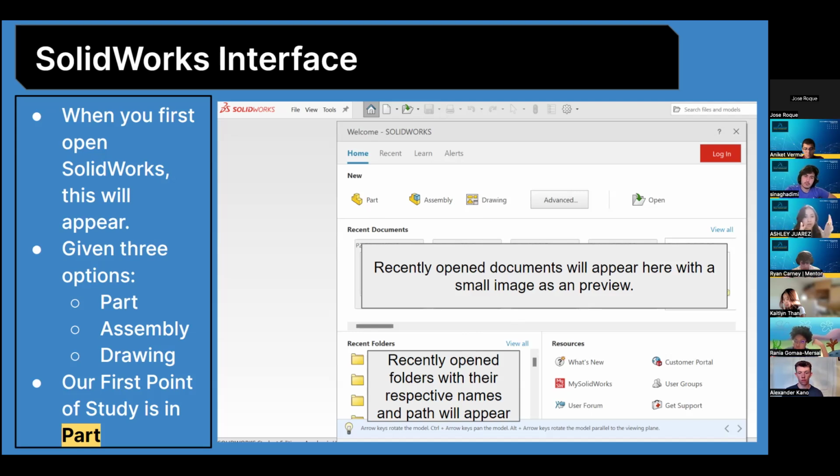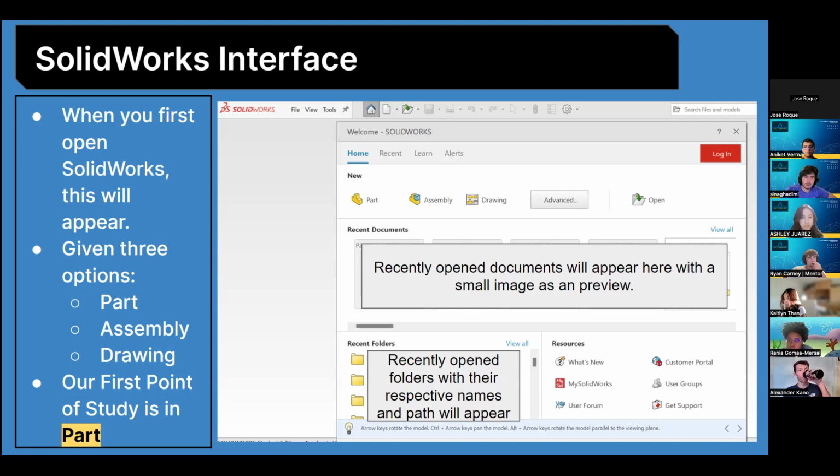The first one being the part, and then once you create multiple parts and you want to create, let's say, a system, like a robot, so to speak, all those parts are combined into what you call an assembly. And then if you want to demonstrate to a manufacturer how something's supposed to look, you create a drawing. In these workshops, we will not be touching on drawings because